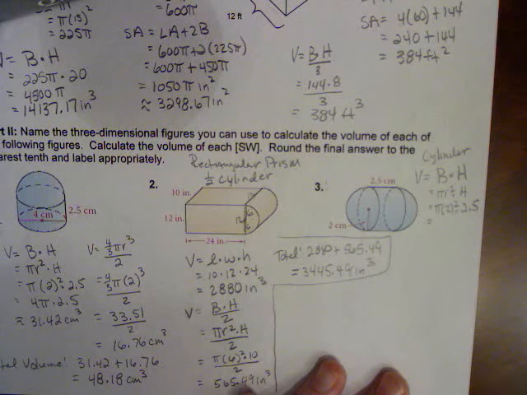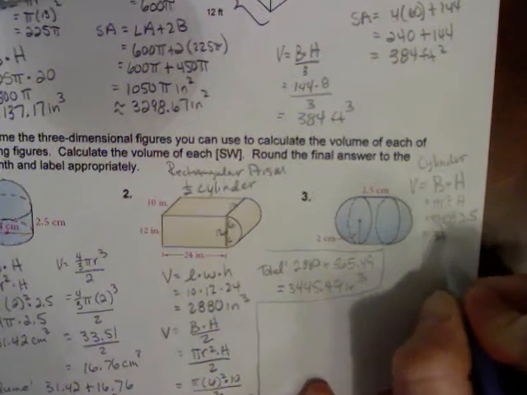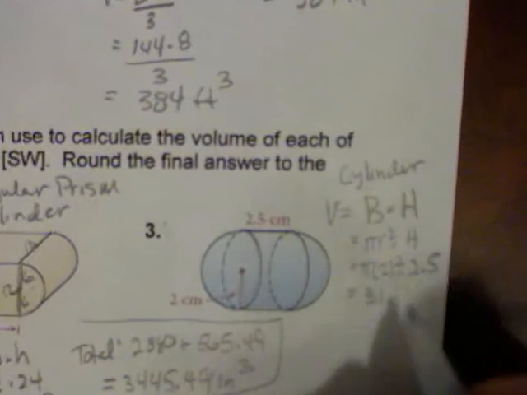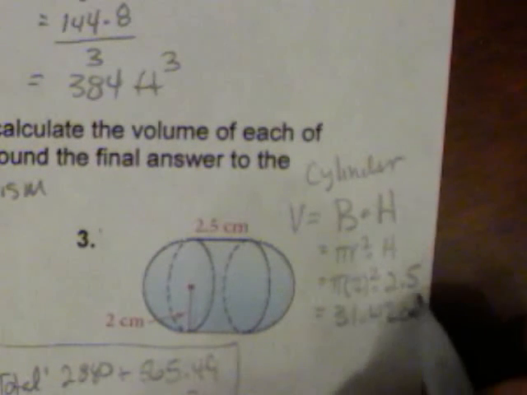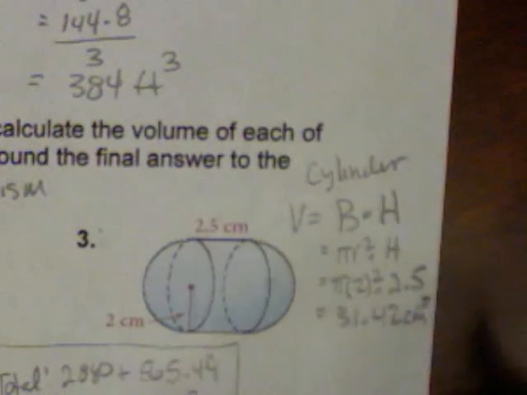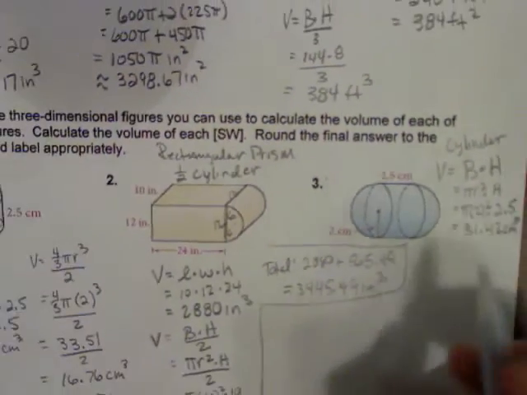4 times 2.5 times pi is 31.42 centimeters cubed. And then we can do the sphere,